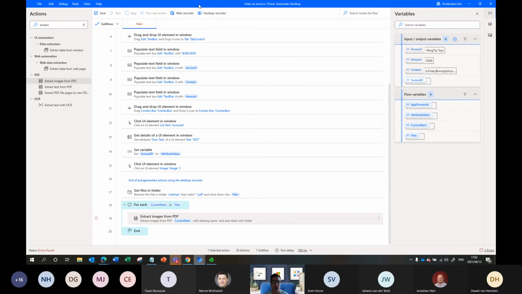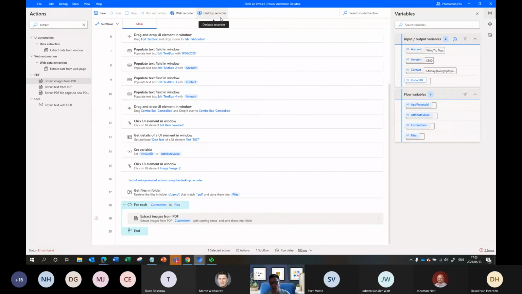I think when you become a master of this, which I'm certainly not, you just use the actions on the left-hand side and you drag and drop them in. But I think most users, because certainly this is also designed, I think one of the key points is you don't have to be a developer to do this, right? This is also designed for power users who just want to automate their life. And so certainly they're not going to start on the left-hand side with these actions. They're going to record something and then change it slightly.